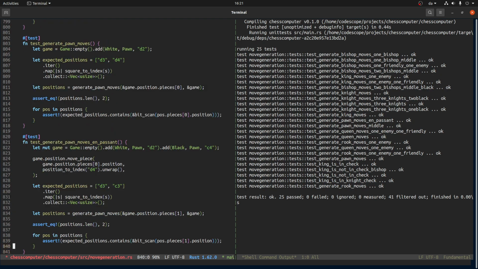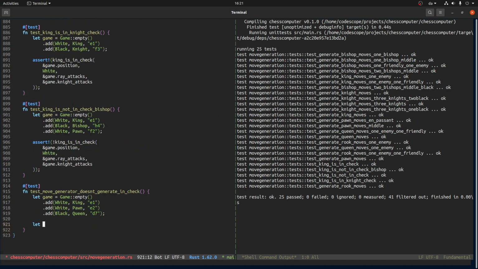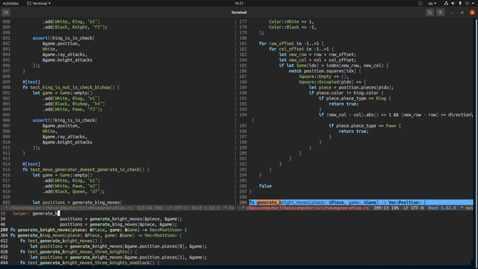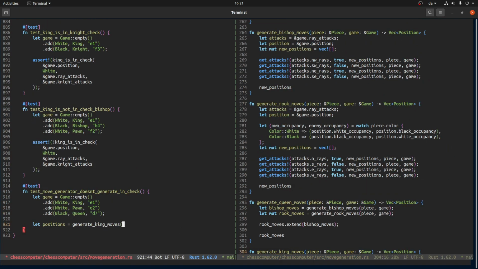I keep forgetting my own APIs, but let's say generate king moves. We'll take the king, which is the 0th piece, as a reference, and we'll also take the game. Then the number of positions should be 2, because we can go to f1 and f2,